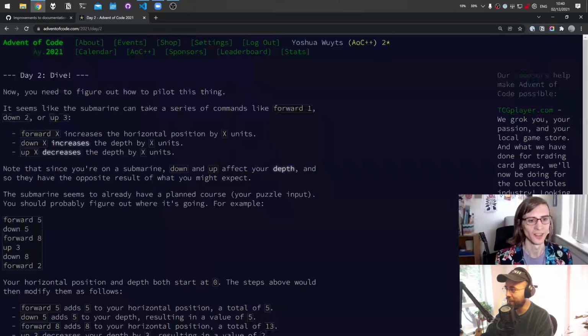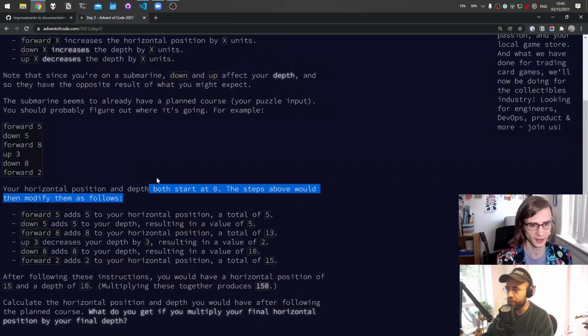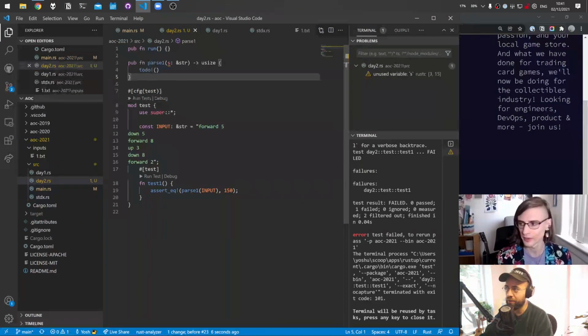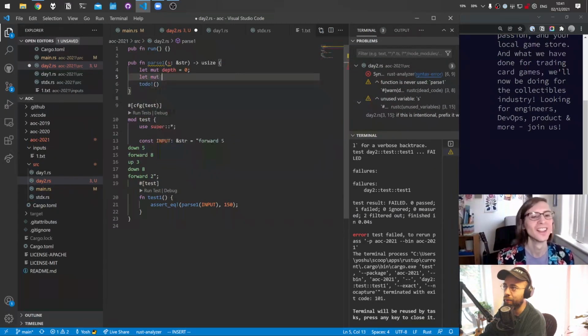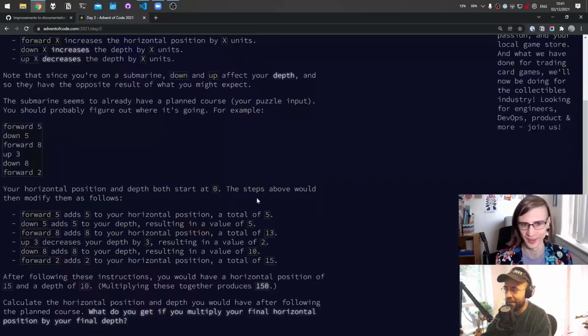Okay, so that seems like there's a gotcha involved. The submarine seems to already have a planned course, your puzzle input. Your horizontal position and depth both start at 0. The steps above would then modify them as follows. After following these instructions, you will have a horizontal position of 50 and a depth of 10. Multiplying these together produces 150. All right, so we track our depth and our horizontal position. So here we can say let mut depth equals 0, let mut position equals 0, horizontal position equals 0. And then we need to loop over the lines and